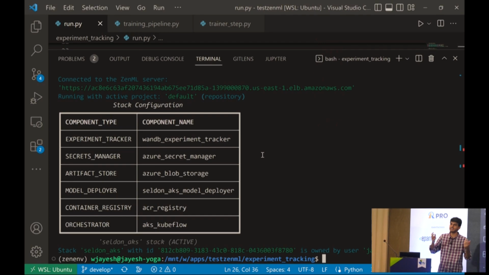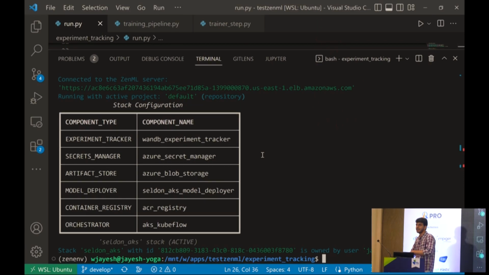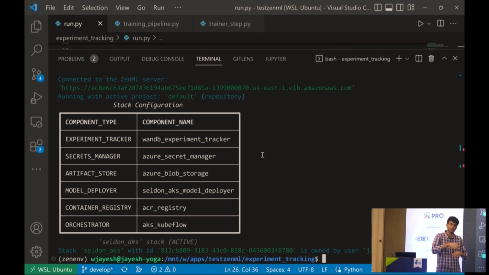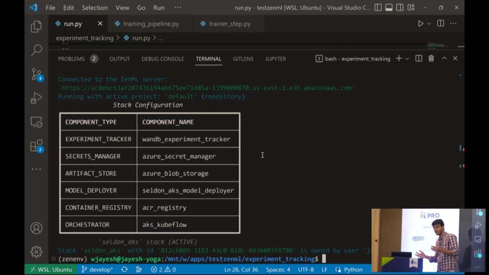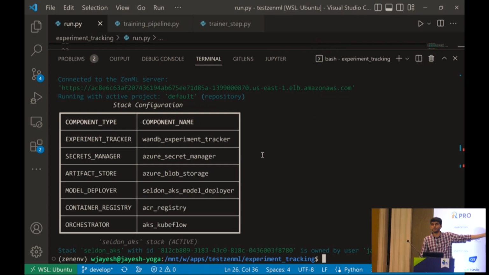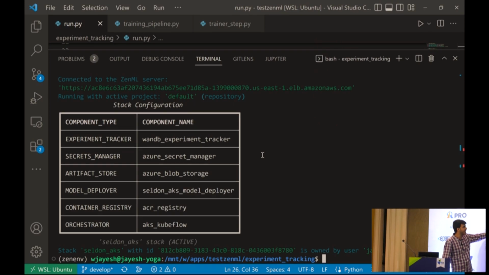You can just do, say, ZenML deploy AWS minimal, and that will deploy an AWS cluster, a Kubernetes cluster. It will deploy MLflow, it will set up the ingresses, the permissions, the IAM roles, all of that will be done, and ultimately it will create a stack for you. So it will create something like this for you right out of the box. This is the ZenML stack. This is my active stack right now.